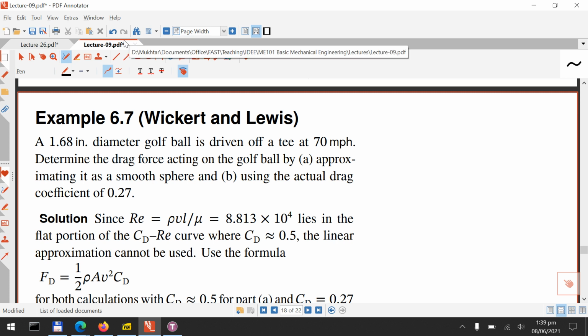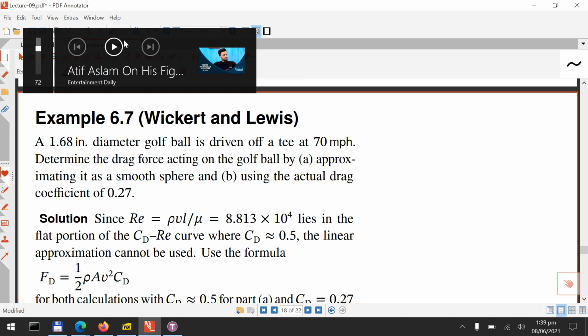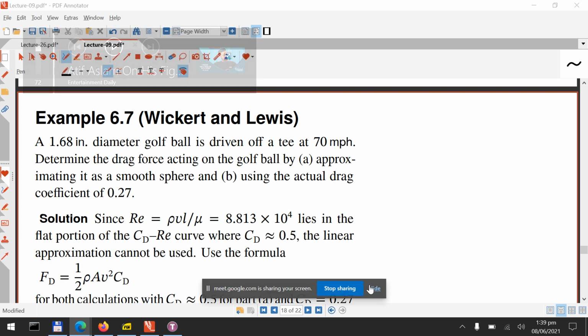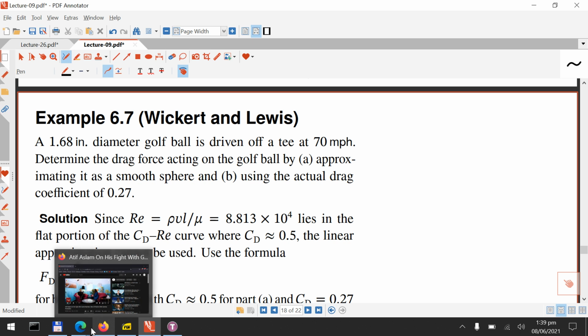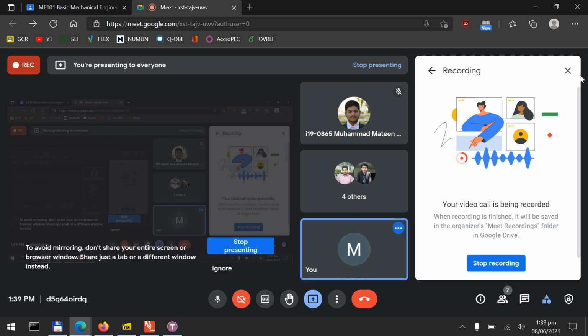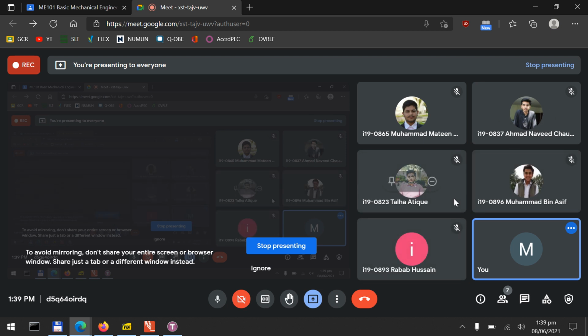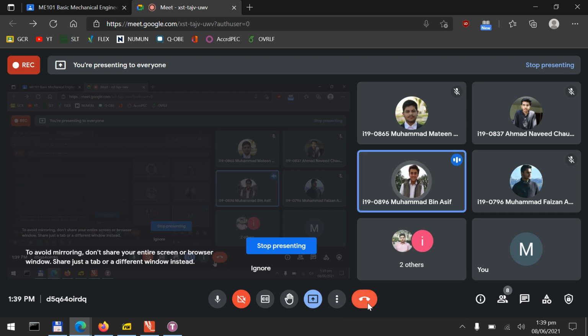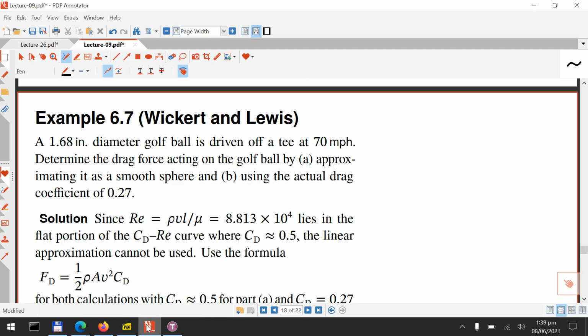अच्छा, आपको स्क्रीन नजर आ रही है आप लोगों को? Is the screen shared? जी, अस्सलाम वालेकुम। ये स्क्रीन आप लोगों को नजर आ रही है? यस सर, नजर आ रही है। अच्छा।